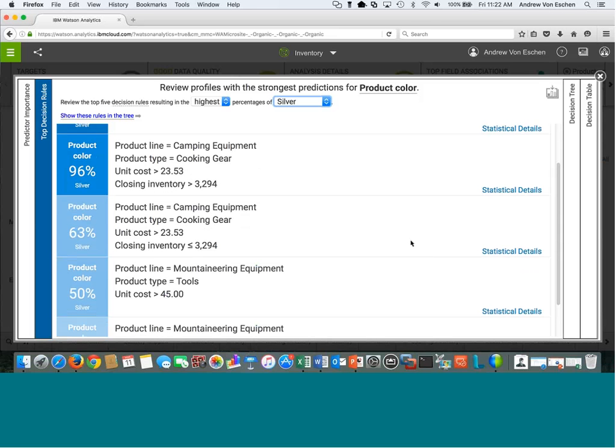So really, from my perspective, I've been able to identify a couple of key customers or countries we're shipping objects to, as well as some colors and what's impacting them, right? Going into this, I didn't know that we were only selling silver goods that were either golf or cooking gear. But looking at this, I'm very quickly able to identify that silver applies to those key areas, with some statistical significance. Now, I'm feeling pretty good about that.